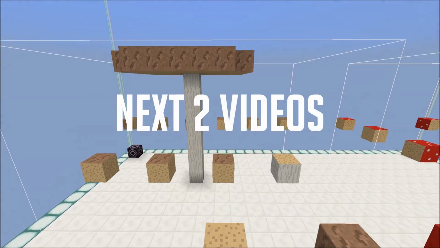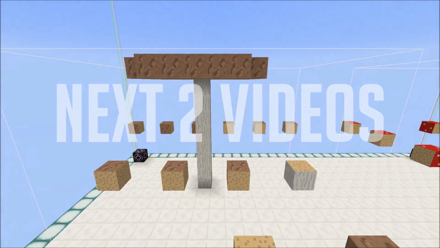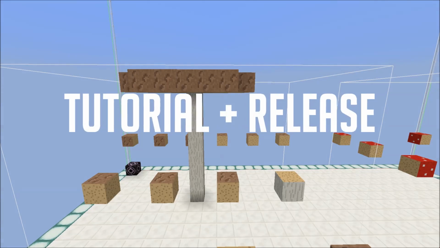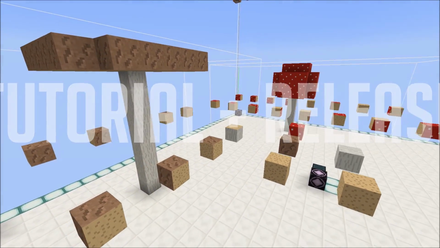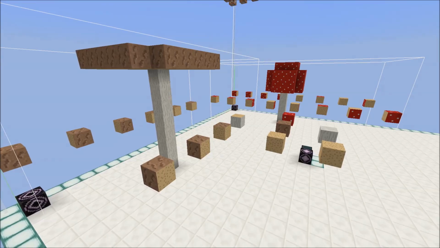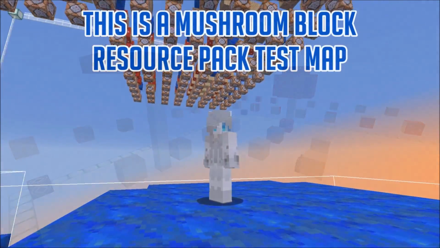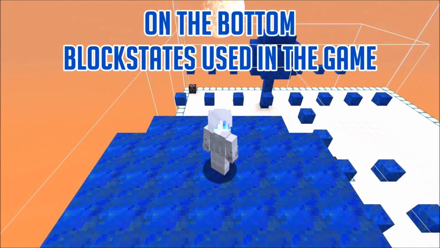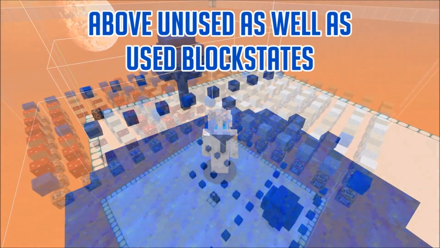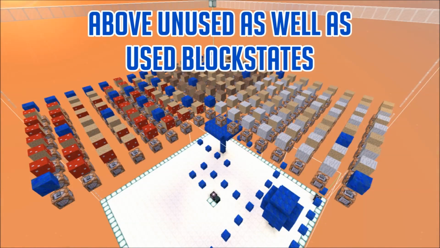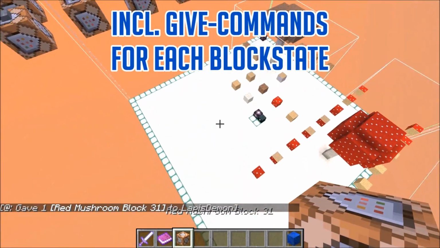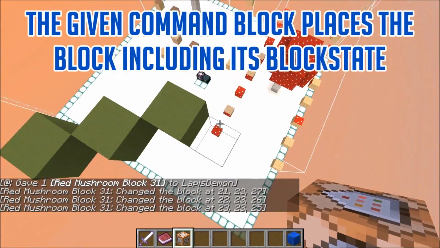In the next video, you will get an explanation of the dummy pack, an in-depth tutorial about its structure, its files, folders, etc. So you know what you have to adjust how and where to make it work for your project. We will also have a look into the mushroom block resource pack test world, also with its give commands to each of those block states. And the video after the mushroom blocks dummy pack tutorial is the release video, as soon as possible, depending on my real life